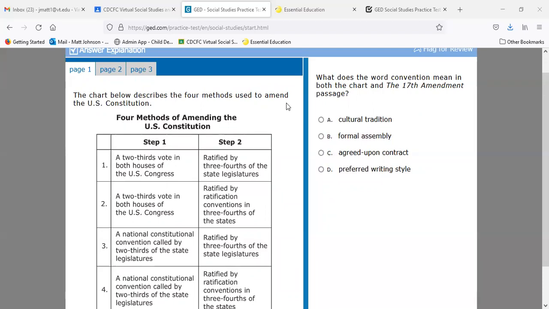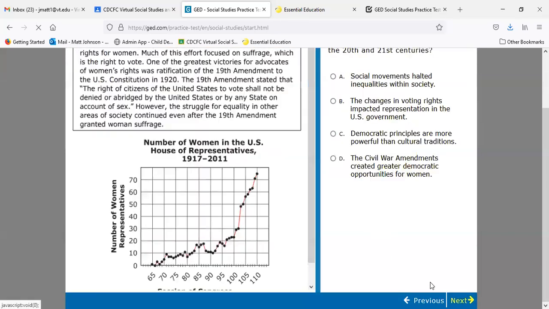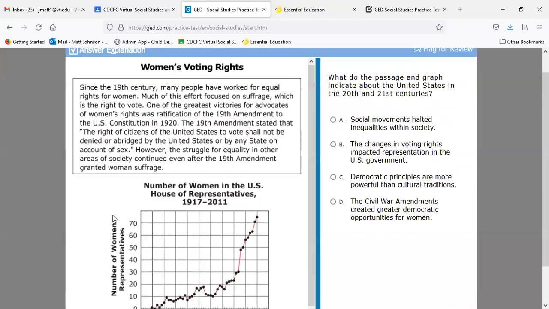C. C, and C as in cat, agreed upon? Yep. Okay, all right, we'll take a look. We're finished up here. Okay, now we got some new information. We've got a little bit of text. We've got a graph. So since the 19th century,